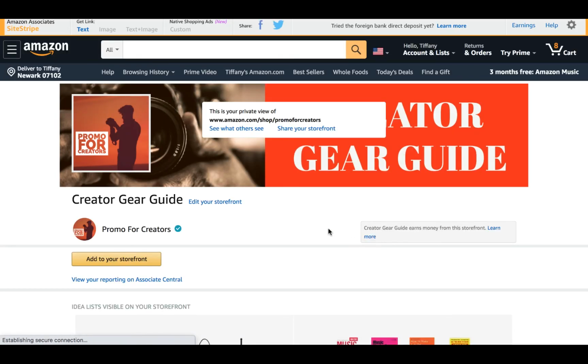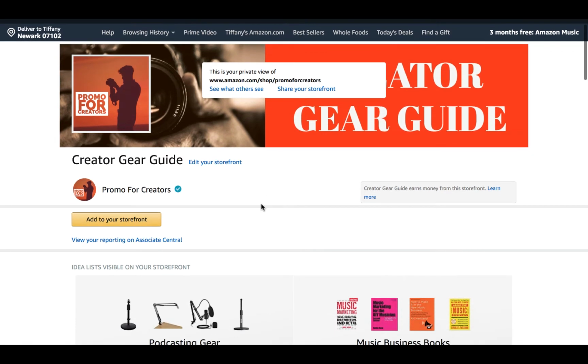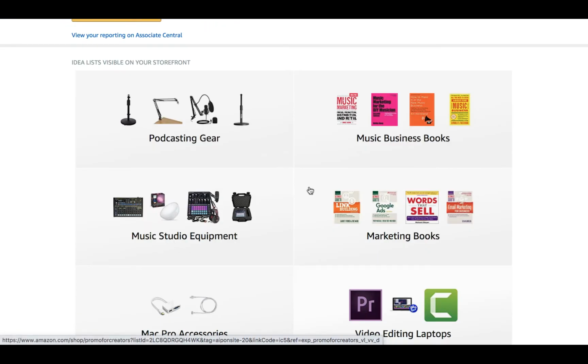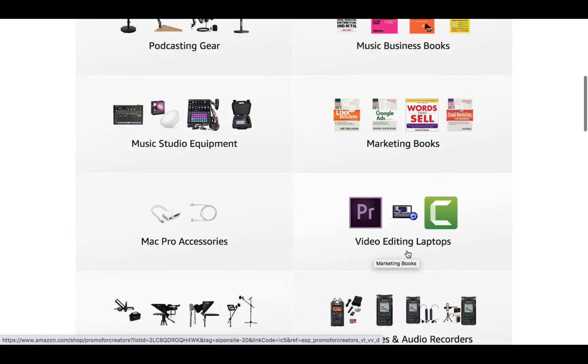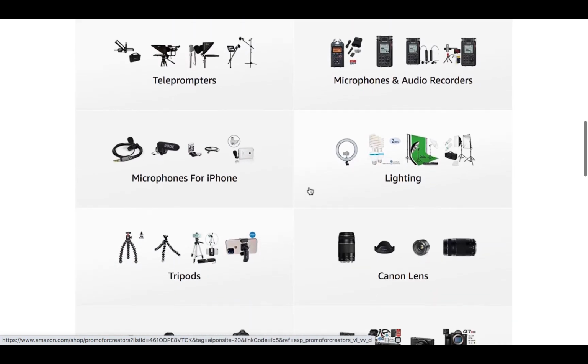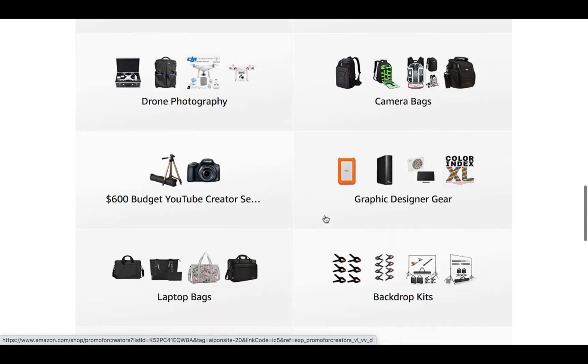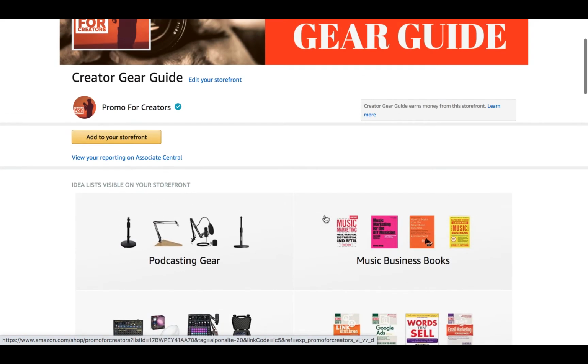So if I click on my Amazon affiliate program, you see that I have music equipment, marketing books, microphones, and other gear.